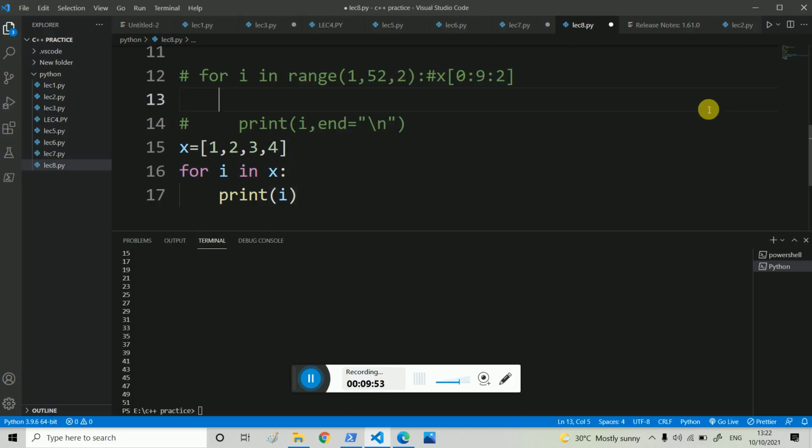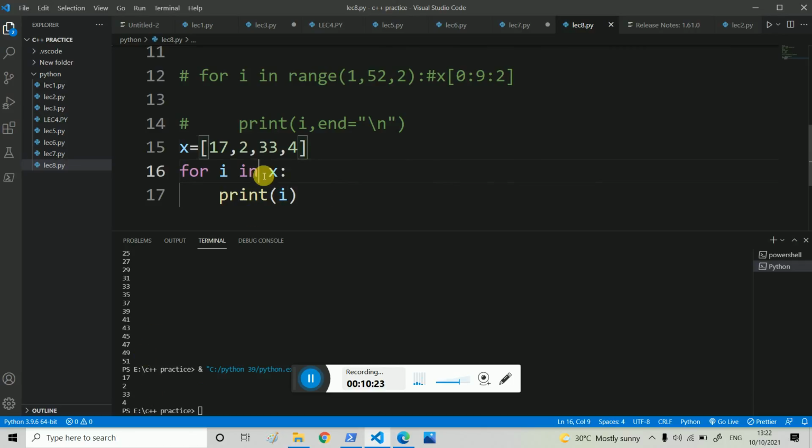For i in x means, let's say I write here 17, and here I write 33. I think you will understand better. For i in x simply means the first is 17, so print 17. Second is 2, so print 2. Let's run it. So here we get 17, 2, 33, 4, and print takes a new line character.